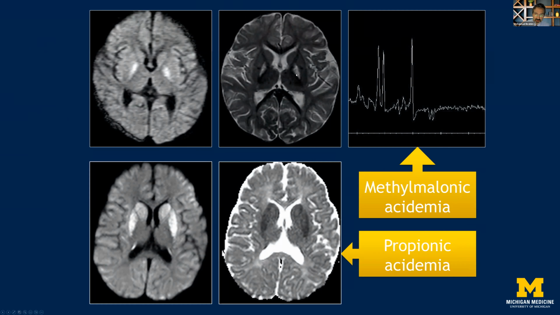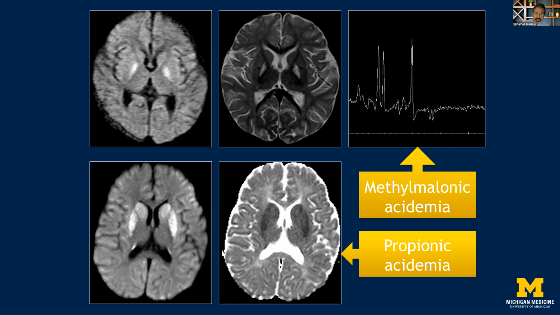You can see abnormal signal classically involving the globi pallidi with restricted diffusion, compared to patients with propionic acidemia, also presenting with abnormal signal of the basal ganglia, but classically seen in the neostriatum. This involves the caudate nucleus and the globus pallidus with evidence of restricted diffusion. So both of these disorders, as well as many other